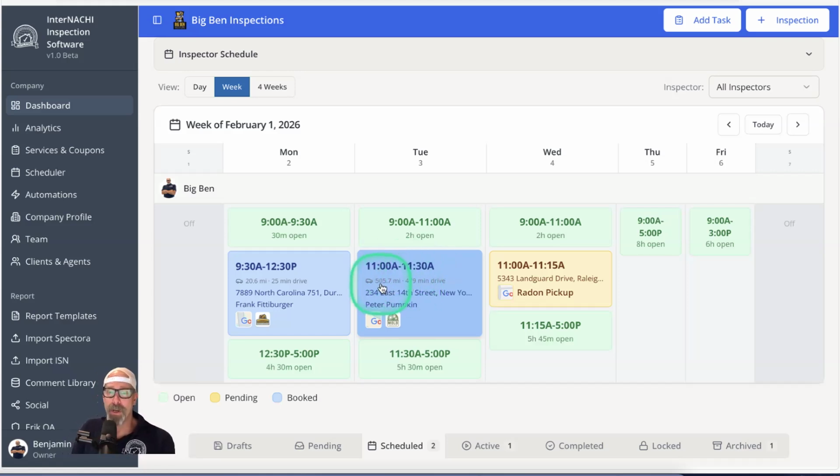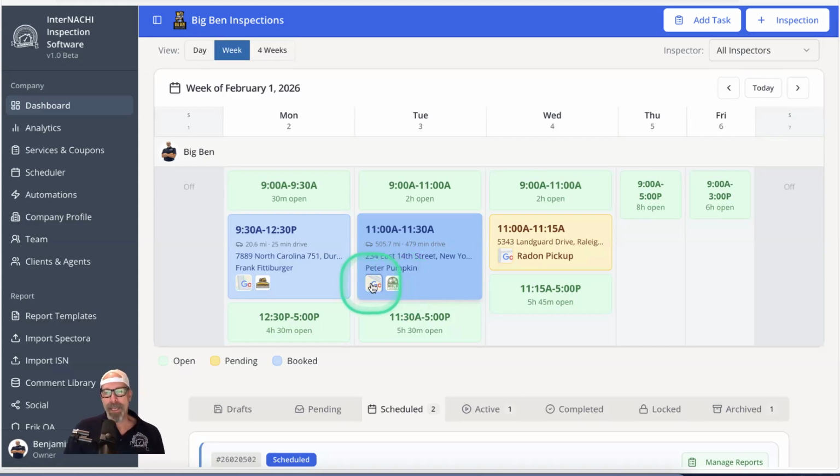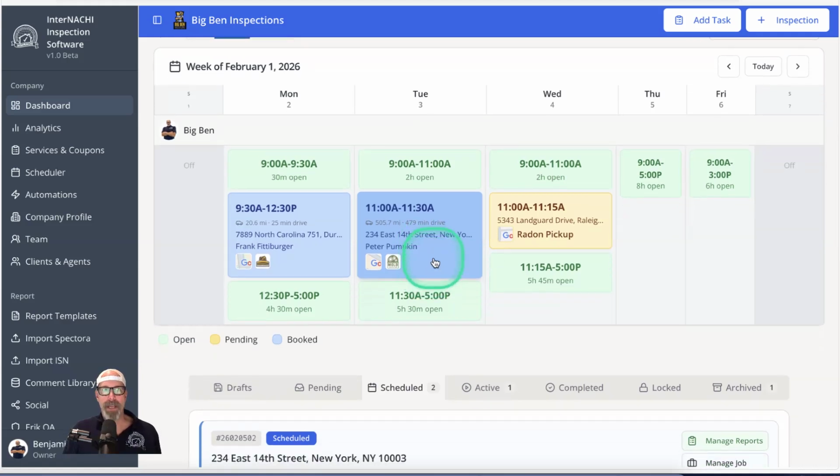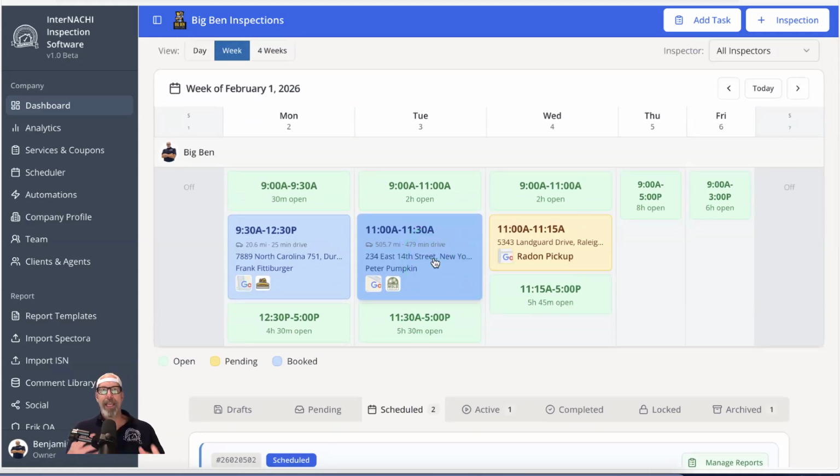It's in New York, so it's going to take 4... It's a long drive from Raleigh to New York to do this mold inspection. And I could open it up in Google Maps or Apple Maps. So that's what it looks like on your dashboard when you have an incoming